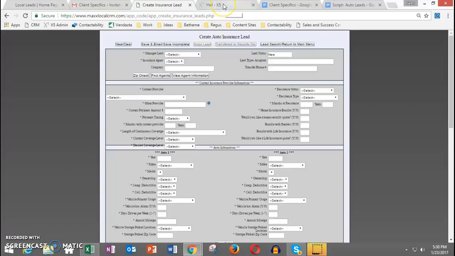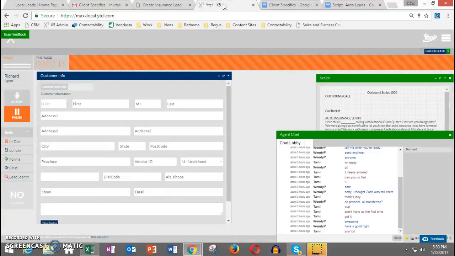Okay, so let's go ahead and jump over to Whitetail really quickly. Whitetail is where you're going to spend, again, most of your day between these two screens, because this is where the phone calls are going to come in. When you first log into this screen, you're going to see a couple of different smaller screens. The first one right here is where the information is going to pop up for a lead. So when somebody calls in or we're calling out, the little bit of information that we do have is going to pop up there. Most of the time, the only thing that's correct is the phone number. The name and address are typically wrong.